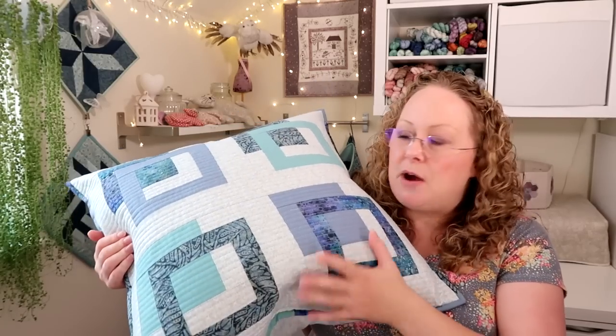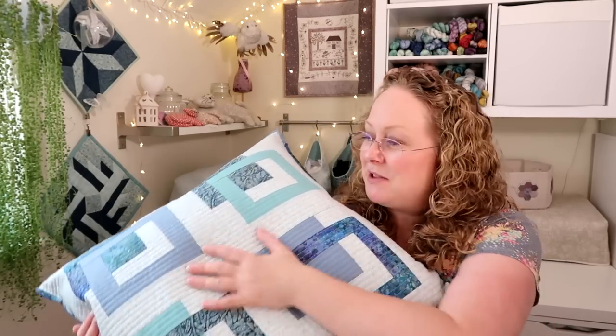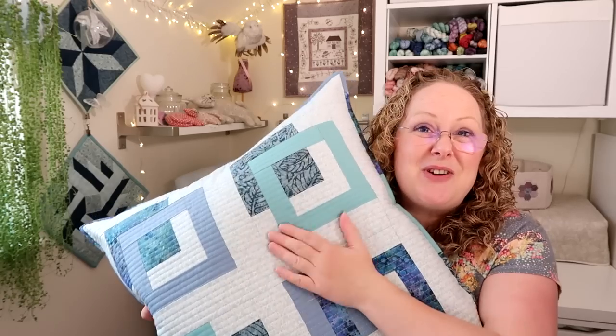It's about a 22-inch square, and I ended up buying the cushion pad that was a couple of inches bigger actually, because quite often the cushion pads themselves aren't made really plump like the way I like them, so I just bought them to be slightly bigger. And I do like that the front of the cushion is nice and quilted because it feels nice and cozy,